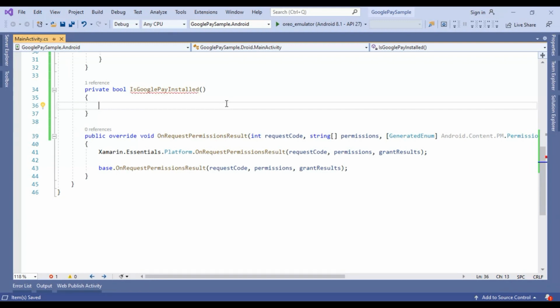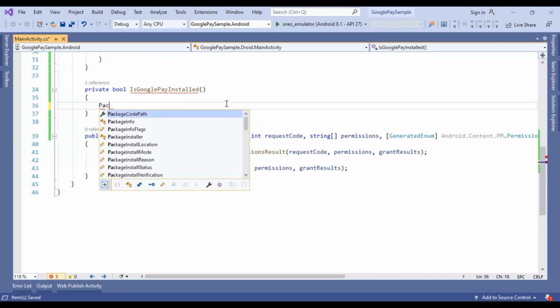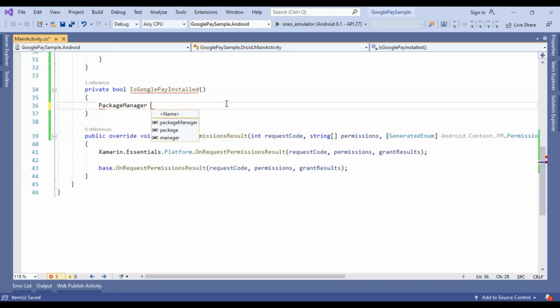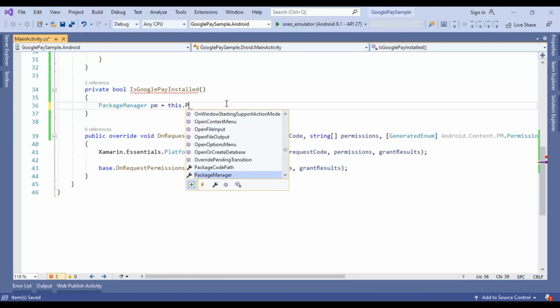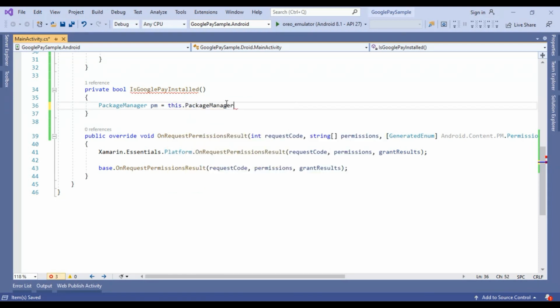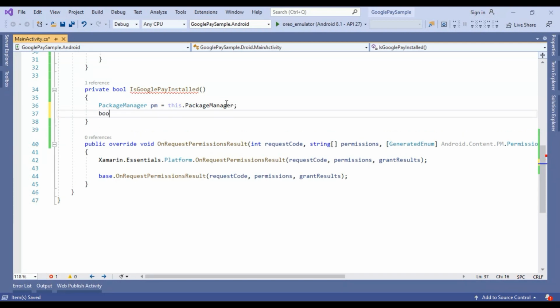Here I am going to write the code for checking whether the package name is available in our system or not. Here I am using the package manager, PM equals this dot package manager. And we are taking a simple boolean flag for that.